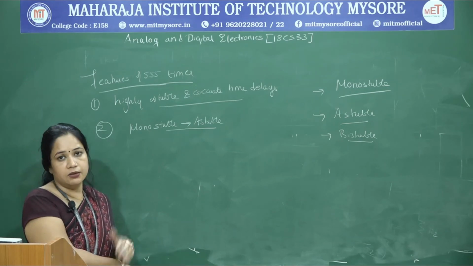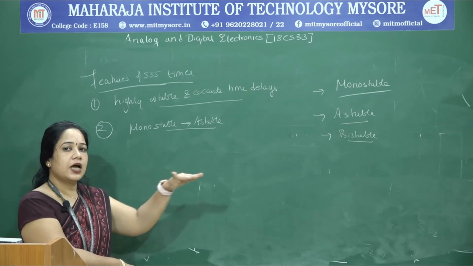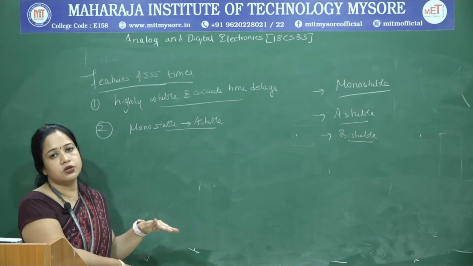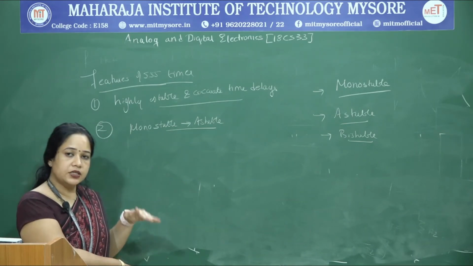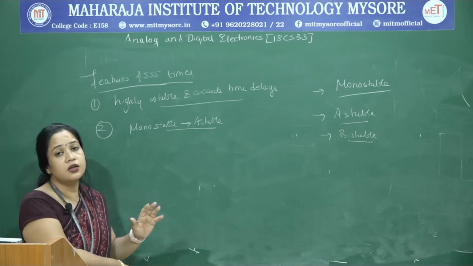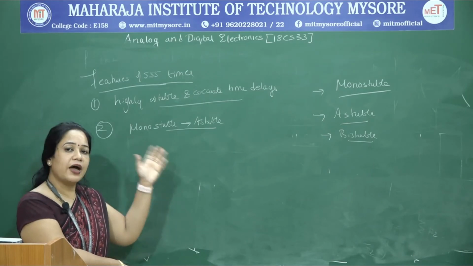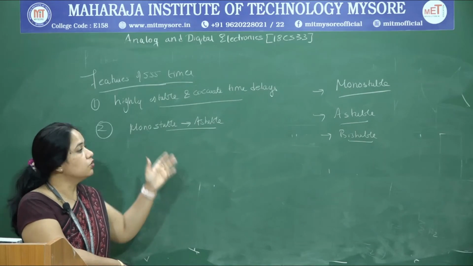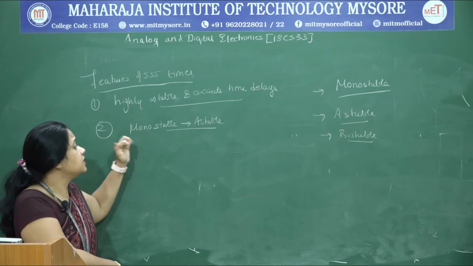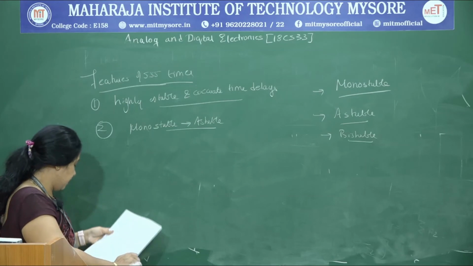And coming to bistable multivibrators, both the states are stable. So, it is either in a high stable state unless it is triggered; once it is triggered, it jumps to the opposite low stable state. When it continues to be in the low stable state and is triggered, it jumps back to the high stable state. And in astable, neither high nor low is a stable state; it moves back and forth between the two unstable states, so we call it an astable multivibrator. The beauty of the 555 timer is it can be easily configured as a monostable and astable multivibrator.